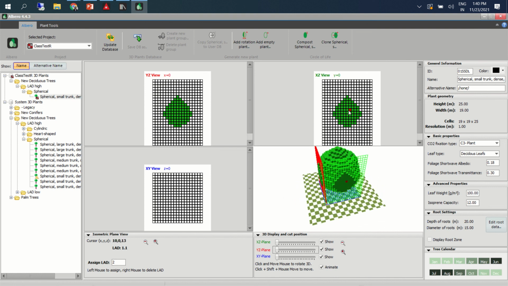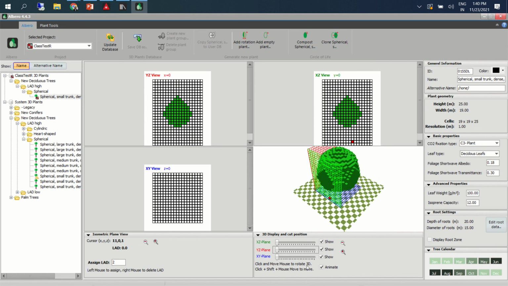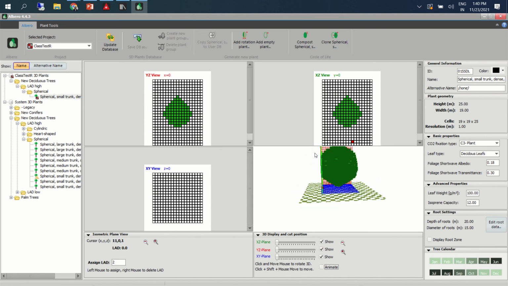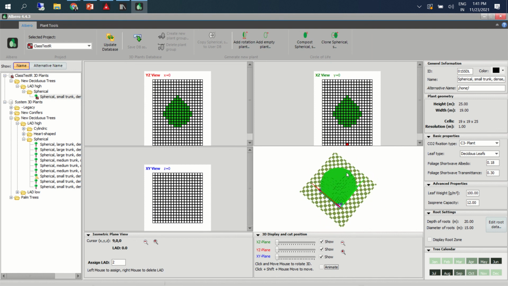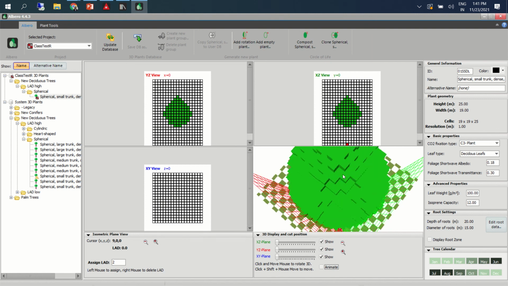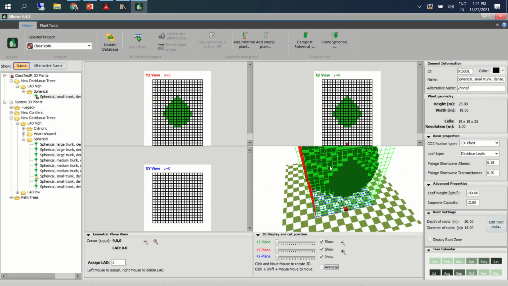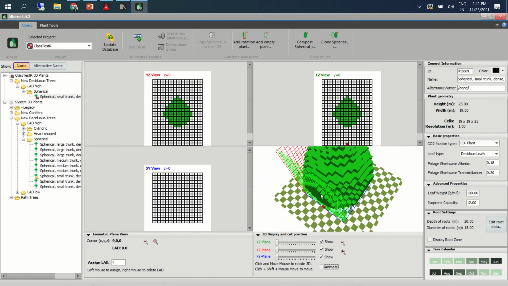Like I said in the beginning, this is a grid based tool. Suppose you have a tree and you have to model it in a real way, how does this system work? It divides the entire tree into 10 sections.